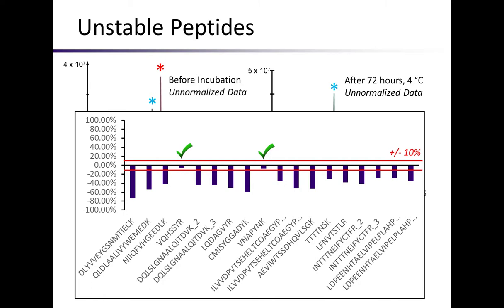But if we look at this data for peptides from this protein, we see two of the peptides switch abundance between the 2 days. And we can see this happening here. This is just the percent change over 72 hours for all of the peptides in this protein. And I've drawn red lines at plus or minus 10%, right? So we're trying to keep that CV really tight. So of all the peptides we looked at, there are two peptides that we think are staying